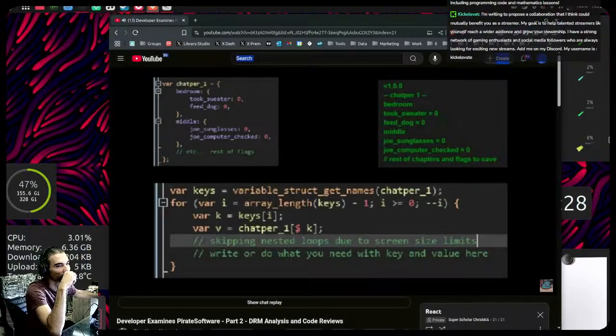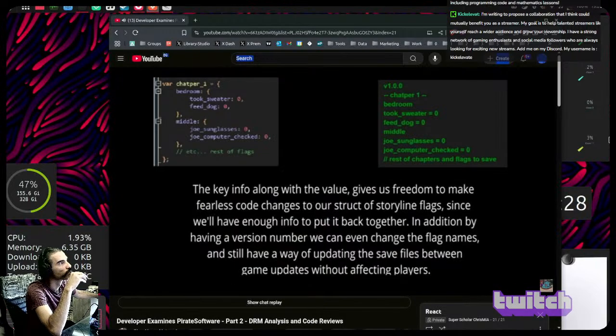Another huge benefit of using these key values directly from the struct is that we gain some freedom to make refactors and code changes. Since we have the struct key inside the save file for the flag, in the future, if we wanted to change our code order of flags or add new ones, the structure of the save file wouldn't matter. We'd still be able to easily read in the right values. I think this is an important thing to care about.